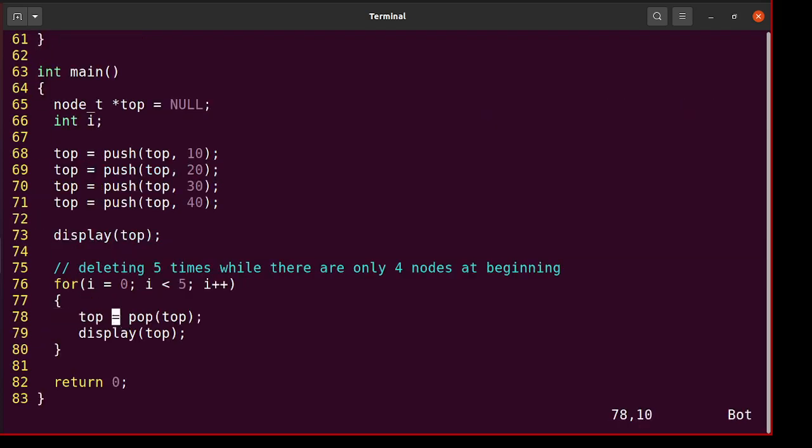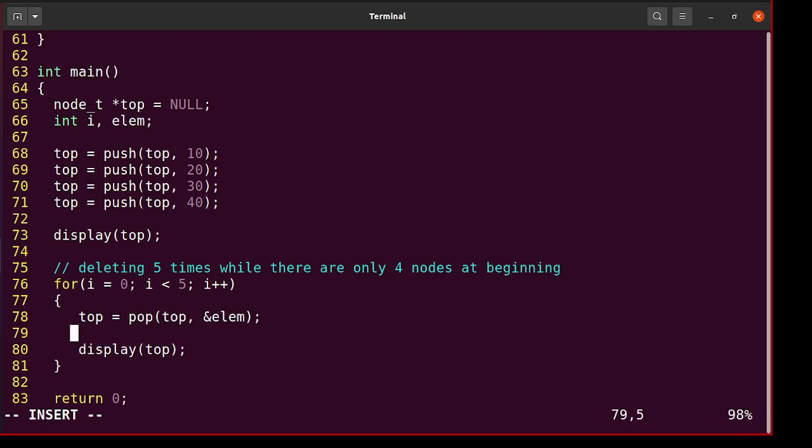Now I need to modify the pop call. So I need to catch the element. So I need to say, let's say, &element, and I will add element here, and I will print "pop returned %d", element. And let's see. So stack list 2,